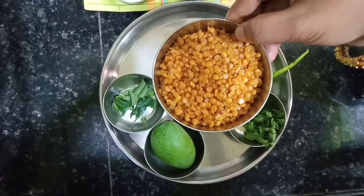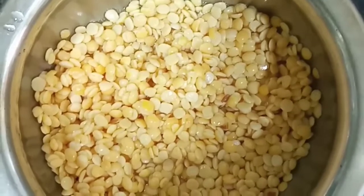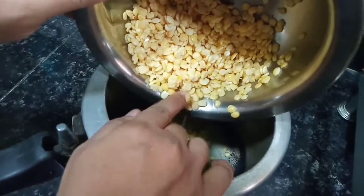Now take a cup of tuar dal and soak it for half an hour. Here I have soaked the dal and it is ready. I am going to transfer this into a cooker. After transferring it,